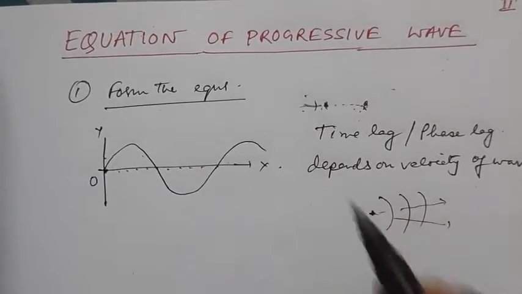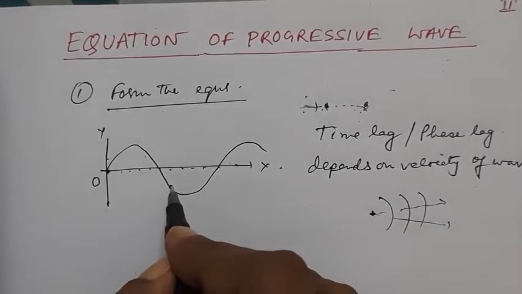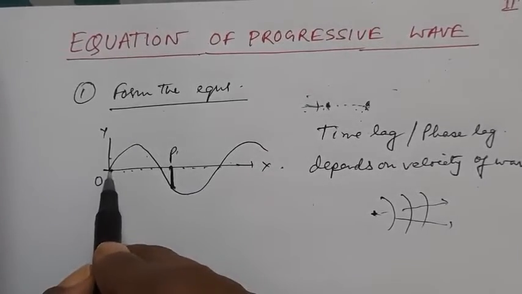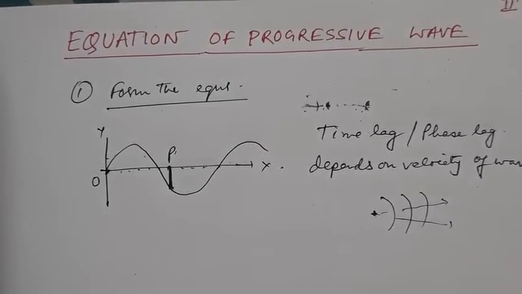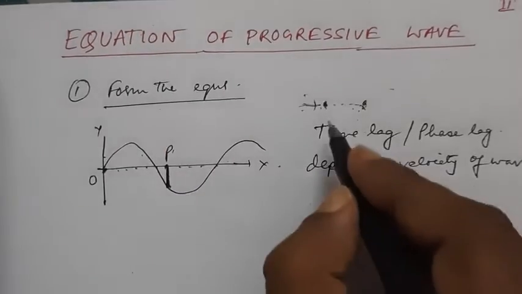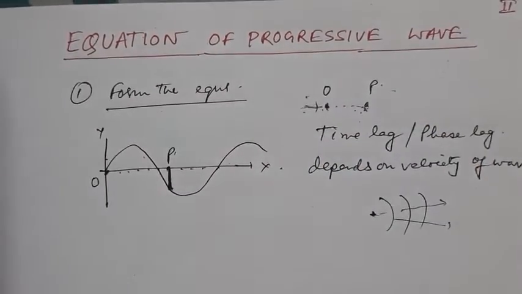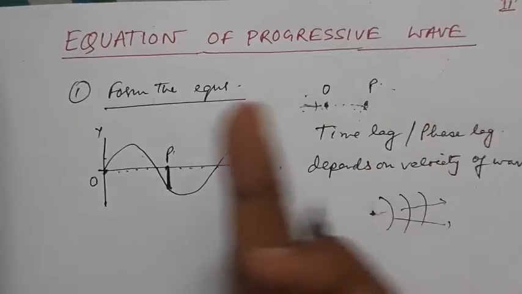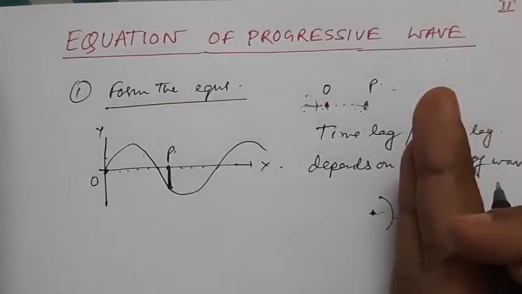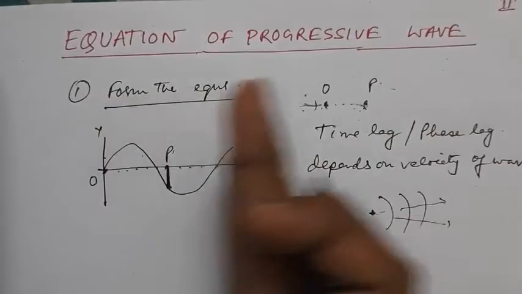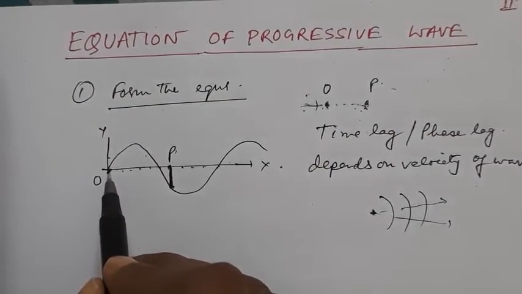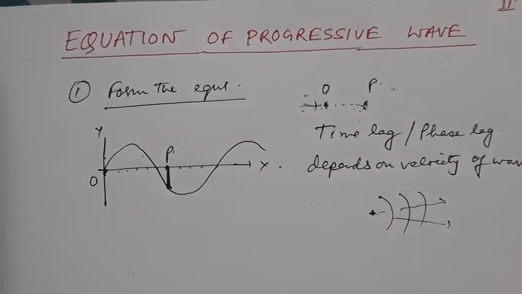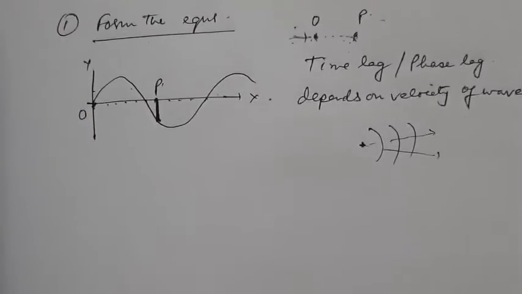Now we take any point P here. One particle we consider to be at point O, and another particle to be at P. Now suppose this one is at O and this one is at P. The positive direction of the x-axis is chosen for the direction of propagation of the progressive wave, or the flow of energy. O is the origin, as you all know. Now the particles of the medium vibrate simple harmonically. What can you write for the displacement of the particle at O?